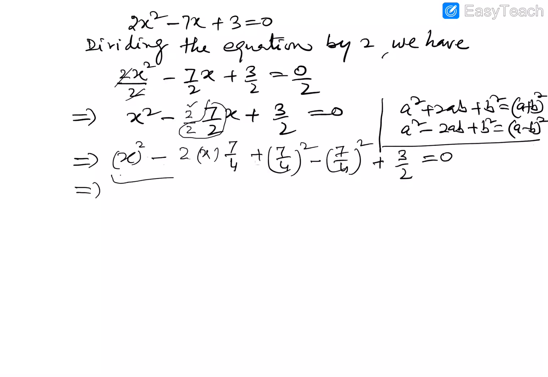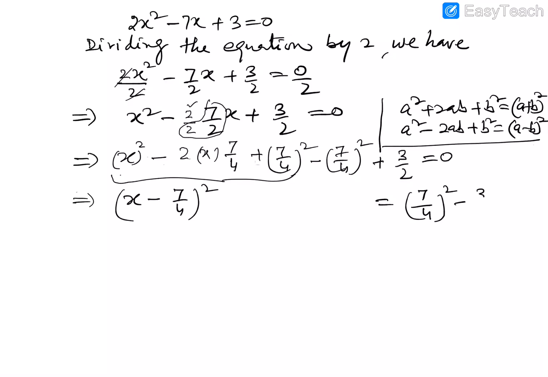Now these three terms can be written as x minus 7 by 4 whole square, and the remaining terms can be transferred to the right hand side, that is 7 by 4 whole square minus 3 by 2,